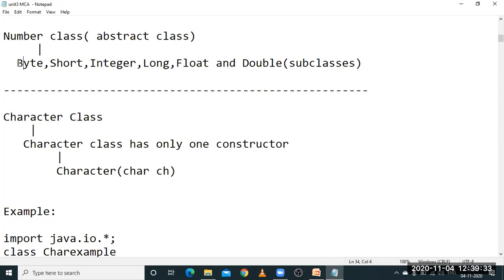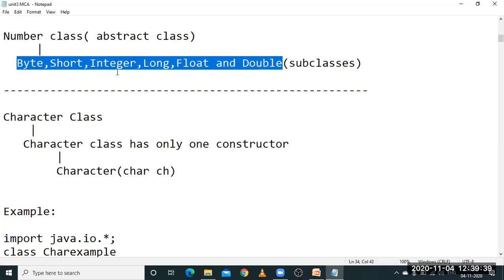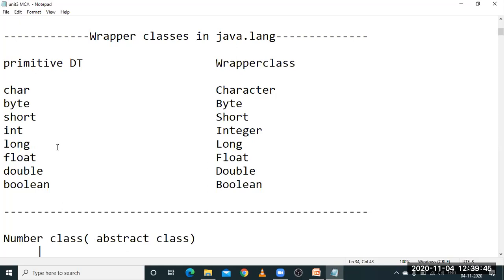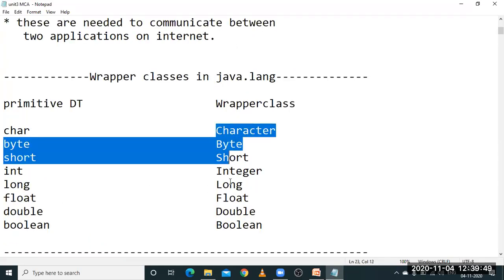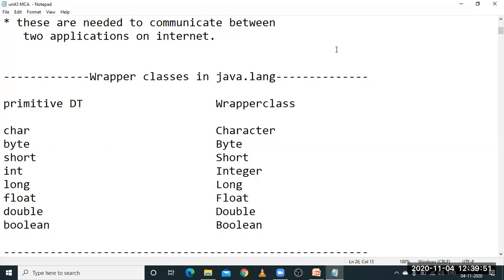So these are wrapper classes, as I told you in the previous session. These are the different types of wrapper classes: Character, Byte, Short, Integer, Long. I think everyone understood this topic.